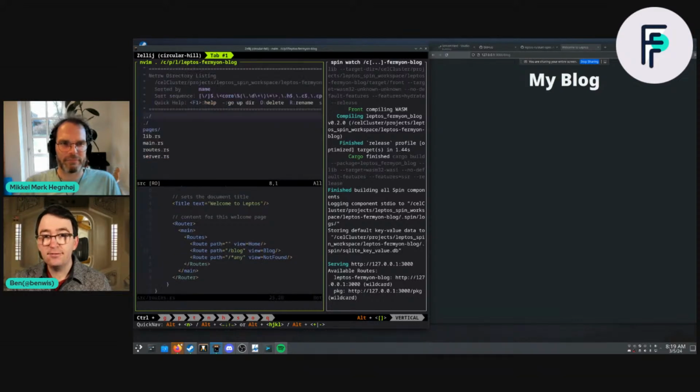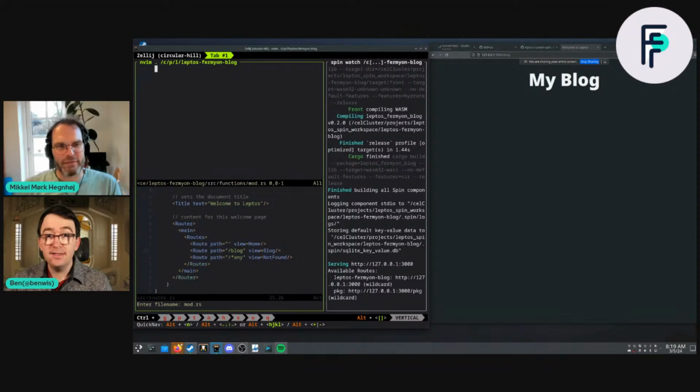So first off, let's make a folder. I like to put my server functions in a separate functions folder. Not everybody does. Some people will try to co-locate their functions with their components, but that's not me. So we'll create a mod.rs in here,